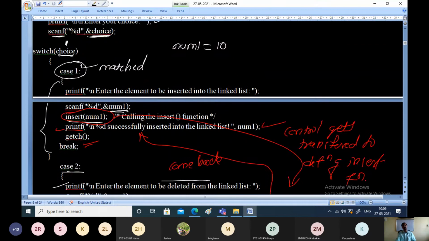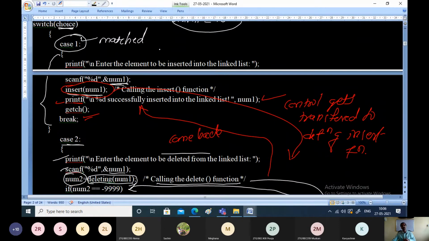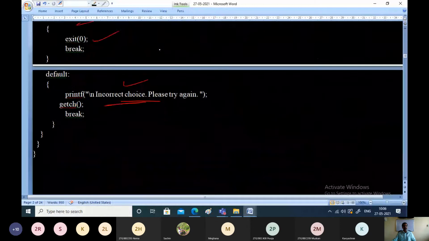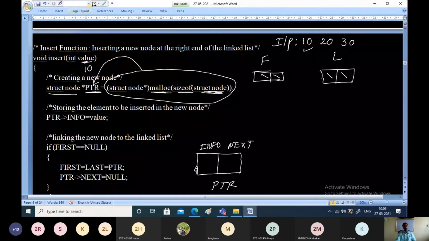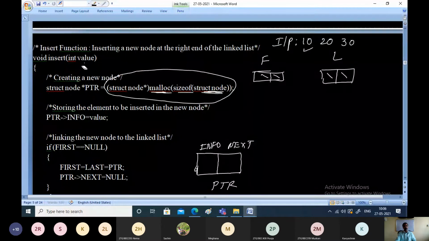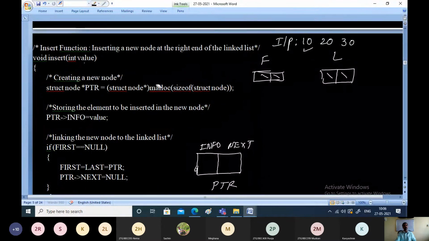Case 1. What was case 1? In case 1, we were calling the insert function by passing num1 as a parameter. What is num1 here? Num1 is 10. That is the very first element you want to insert. Now control gets transferred to the definition of the function, and here we have received 10 as the value.